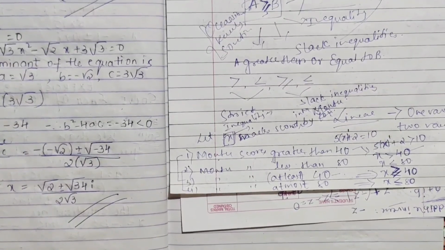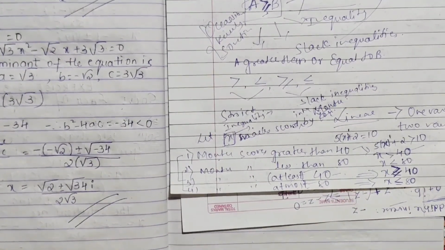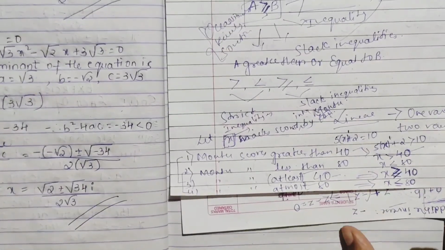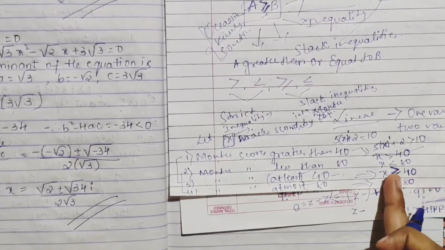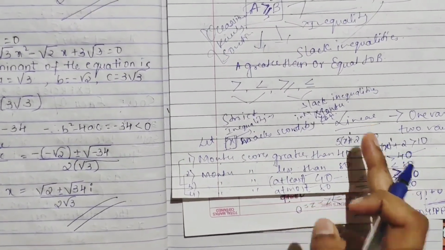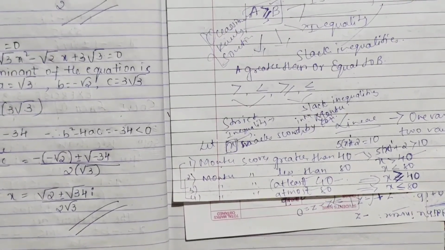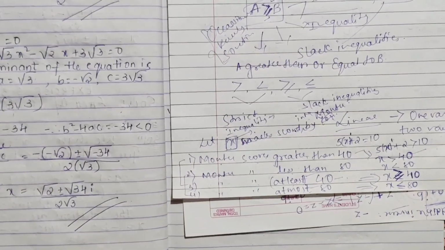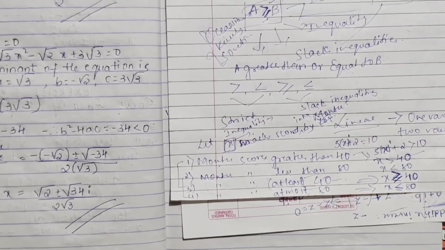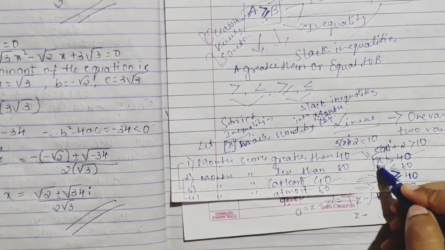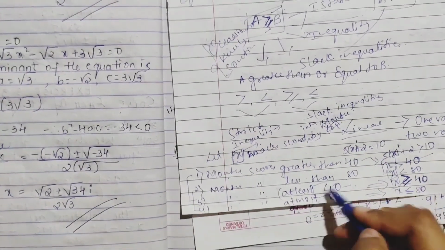See, here you learned 2 new words, so you have to be very careful. In most of the sentences they'll tell you at least so much, at most so much. So you should know at least means greater than or equal to, and at most means less than or equal to. So this is what your linear inequality means. Why linear? Because here only one variable is there. Understood?